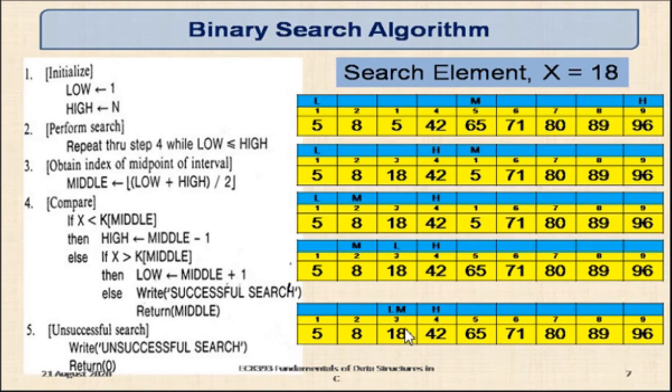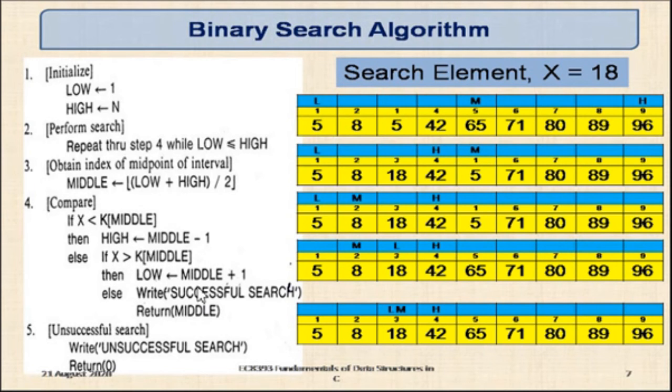Got the point or not? And that's all. So it returned the location where the search item is available. So it will go to the calling function. It won't continue the algorithm. It won't come down to this position because we have the return statement. So it returns the location 3 where the search item is available.